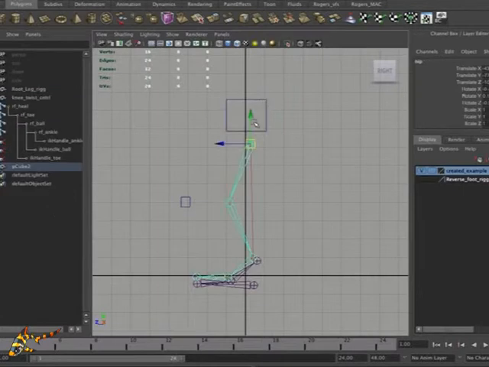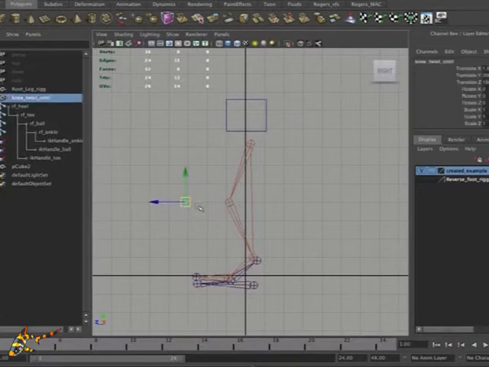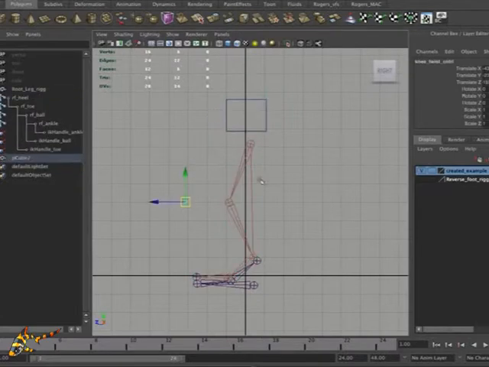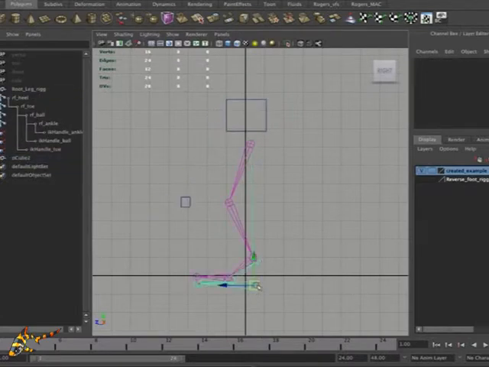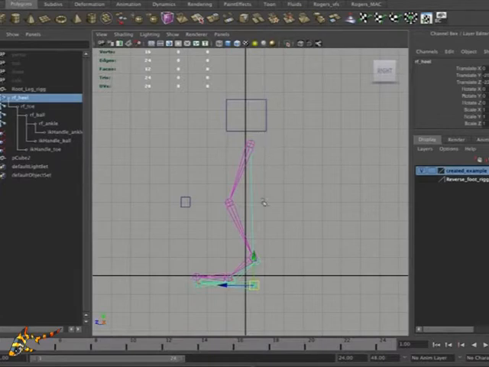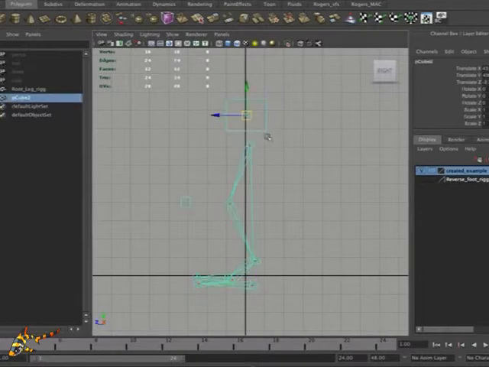I'm going to say parent, and that parents that to it, and now I'm going to select the knee twist and shift the box and say parent, and then I'm going to select the heel, RF heel, and select the box and say parent. And now when I select the box, everything is parented to it,